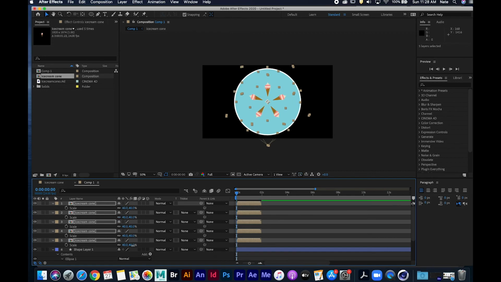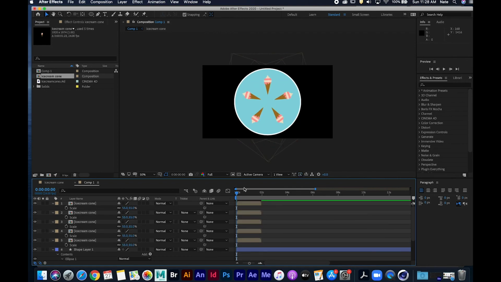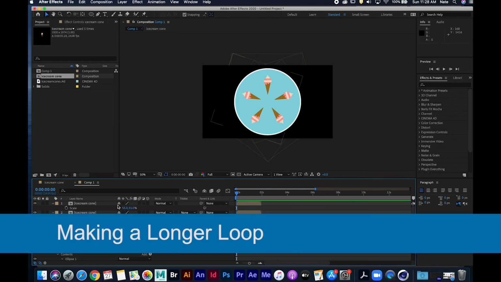Maybe if I hit scale, I want to scale it up a bit. Let's see what it looks like. So, I don't know, maybe it's good, maybe it's bad, but you can see what is happening here with how 3D works. If I wanted to continue to make this loop,